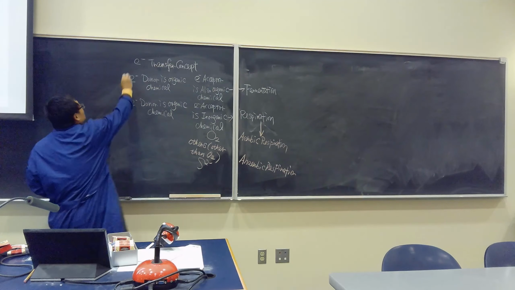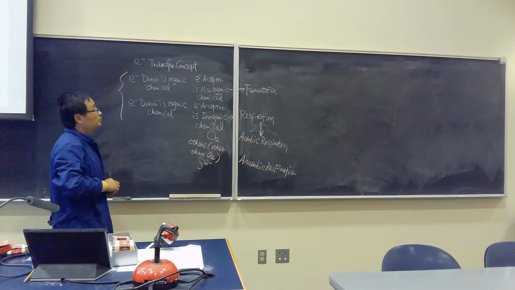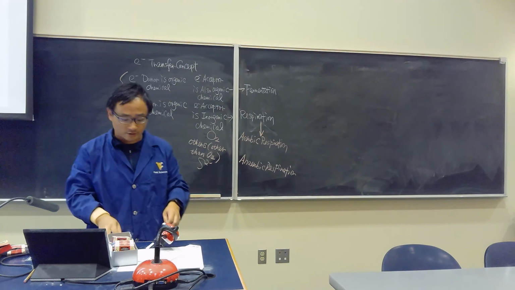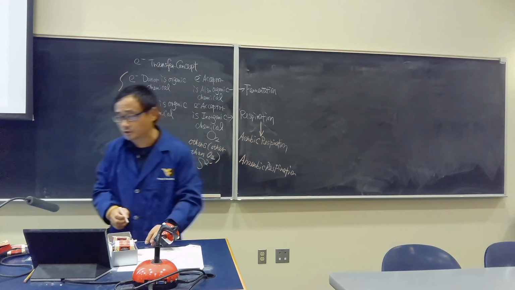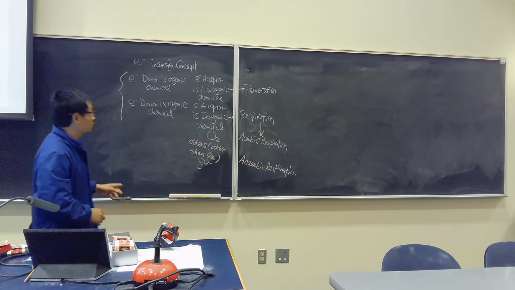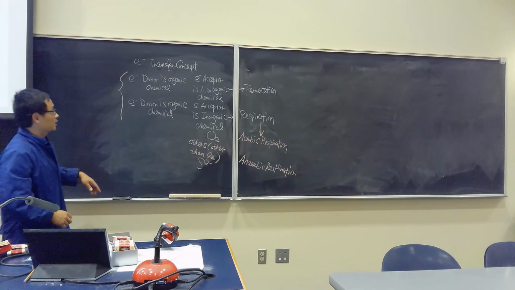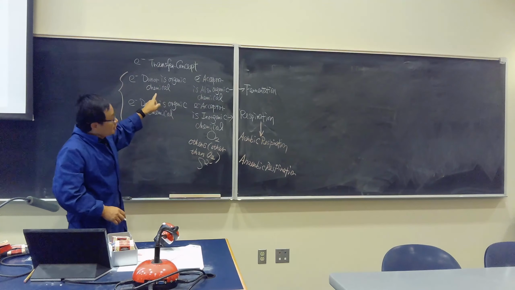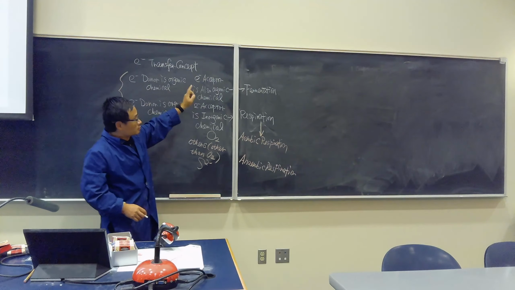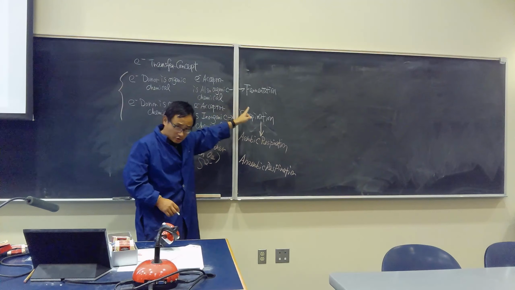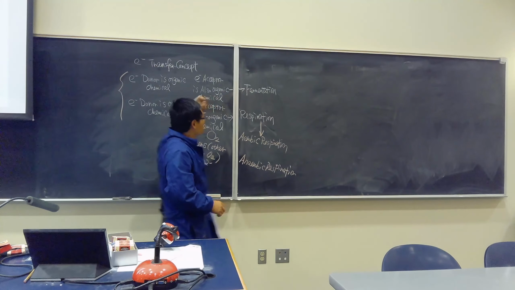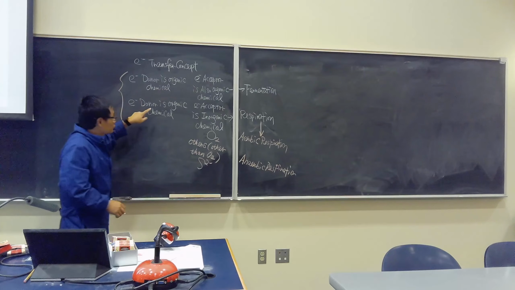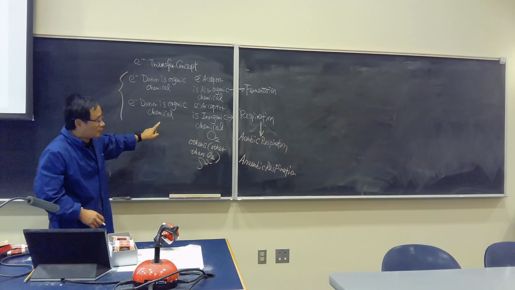Okay? This is a little bit different from what you learned in your other classes. Here we want to introduce this concept before we go into every detail. So let's repeat it one more time. If the electron donor is an organic chemical, the electron acceptor is also an organic chemical, this is fermentation. And I will give you an example real quick. If the electron donor is an organic chemical and the electron acceptor